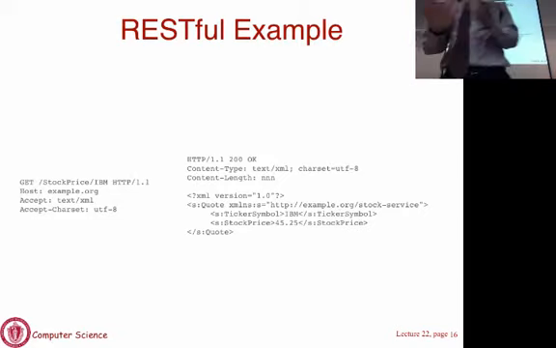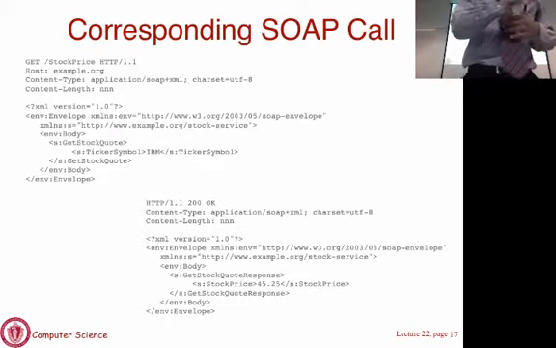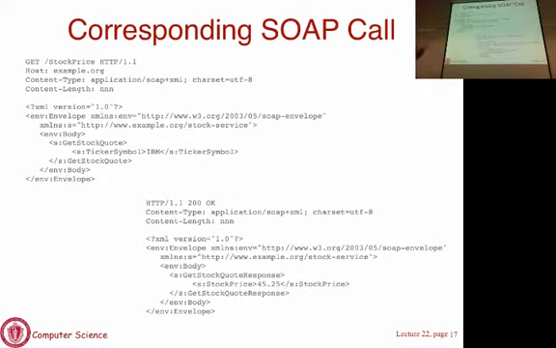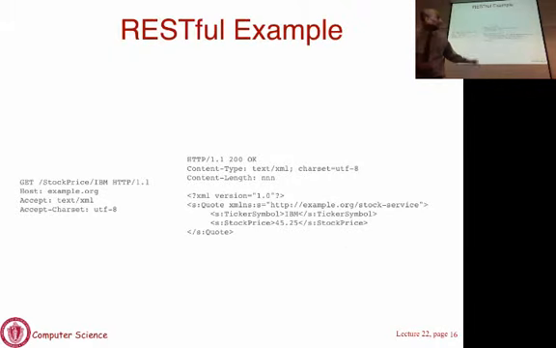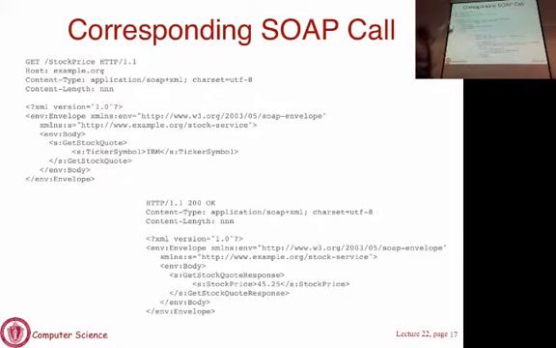I'm not going to talk about how to do that. The principle is very similar. Here is the same request sent as a plain SOAP request and a SOAP response. You will see that because SOAP is more complicated, the request, which was just one line here, where you just said get stock price and IBM, has become a large XML snippet here. This is a SOAP request. That was basically a RESTful web request. Here is the full version of the SOAP request. This is what you would have to send.